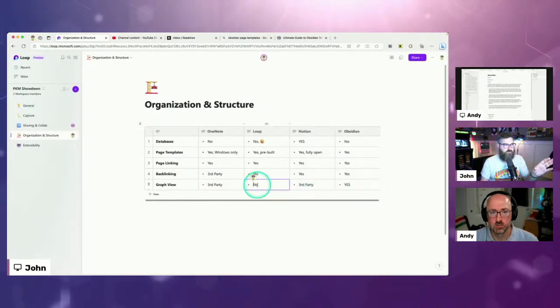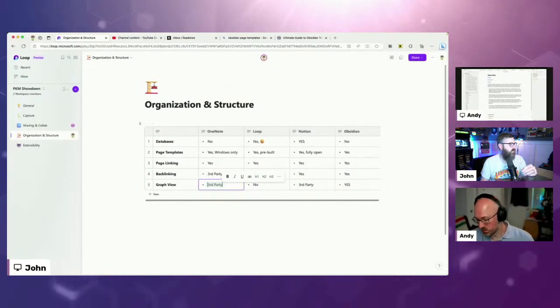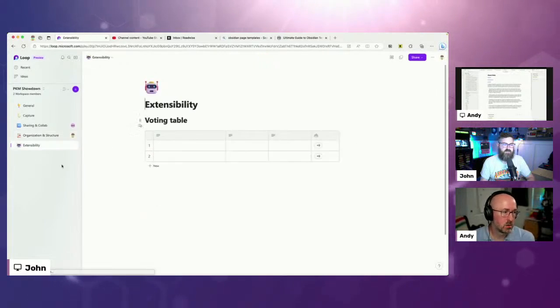Loop, there's just no graph view. And then also with OneNote, we did find in our research that there's a third-party plugin. I don't know, does OneMore do it, or was it a totally separate thing? I think it was a completely separate one. Okay. Yeah, to get that graph view in OneNote, apparently you can do it with a third-party plugin. So that's the organization and structure side of things.